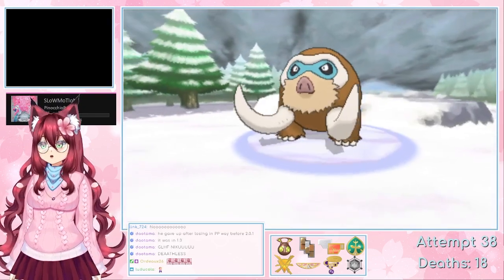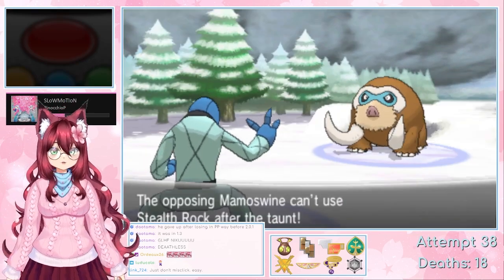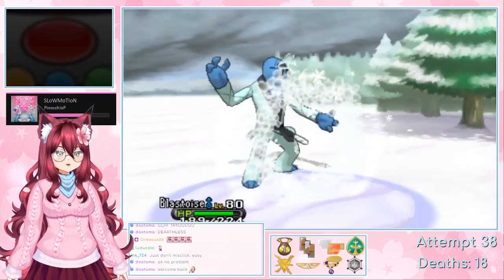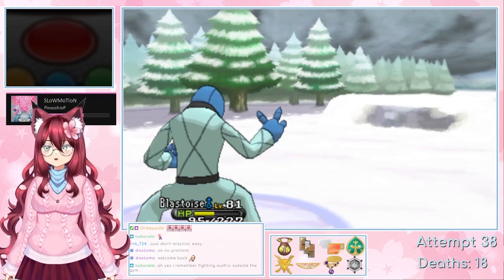Wolfric leads Mamoswine, and I lead Air Balloon Sock to click Taunt before it can set up Stealth Rocks. I can then easily KO with 2 double kicks, losing my Air Balloon to a weak Ice Shark crit. And Wolfric responds by bringing it...